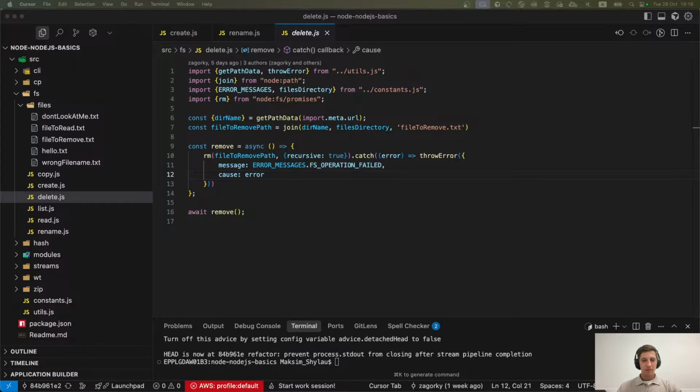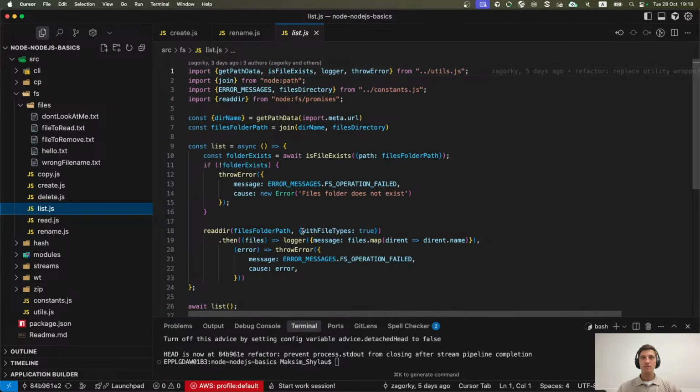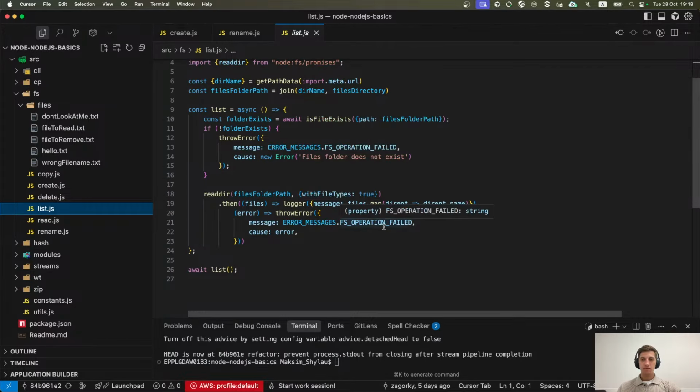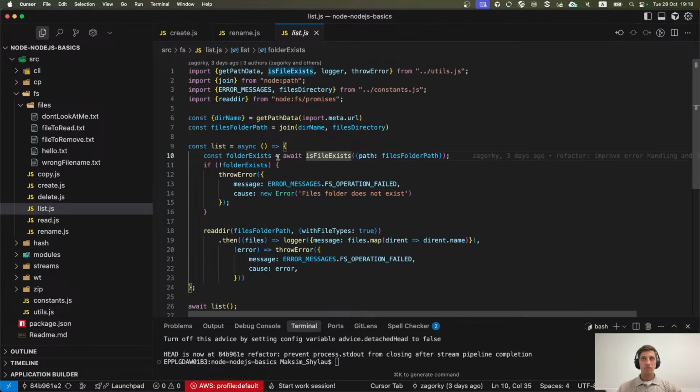Okay, next one is list.js. It should print an array of file names from the files folder into the console, and if the files folder for some reason doesn't exist, then it should throw an error.